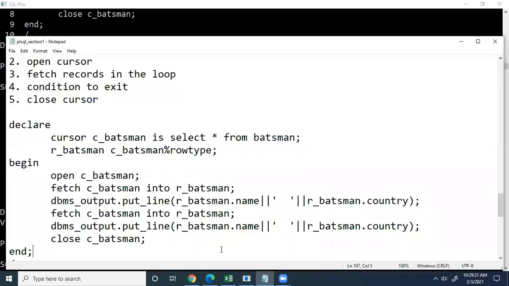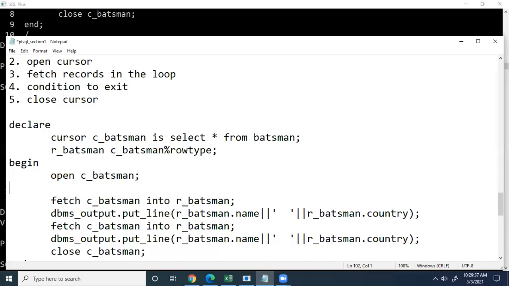So we don't have to give an increment to the pointer, right? It will automatically increment when we fetch a record. So once fetch is written, it will point to the second record. Fine. Now every time this is